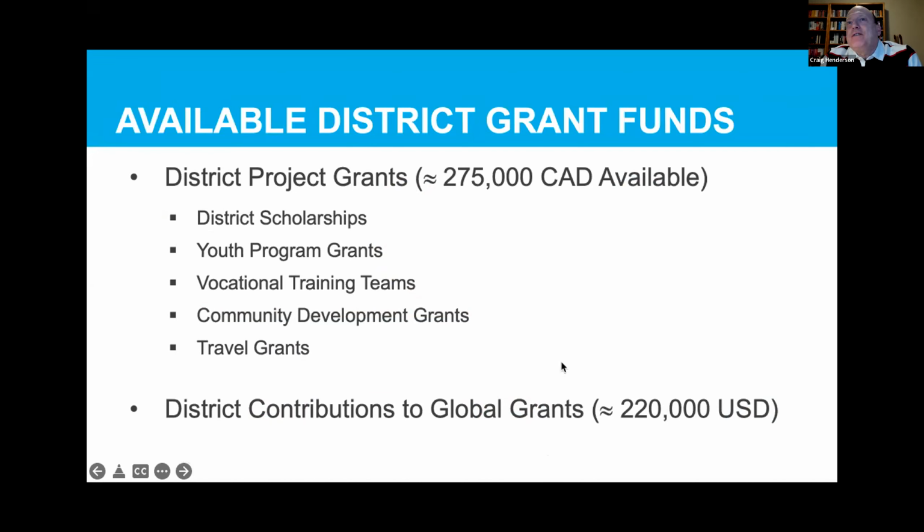of for these projects. So the first is district project grants, which are either local or international in scope, but basically completely controlled by clubs in the district in terms of what the money goes towards and what the projects look like. The other bucket is basically contributions that the district can make to global grants that you and other